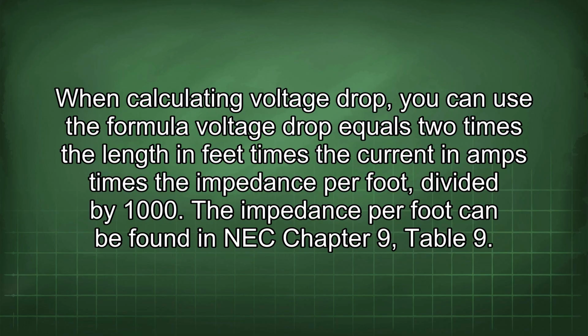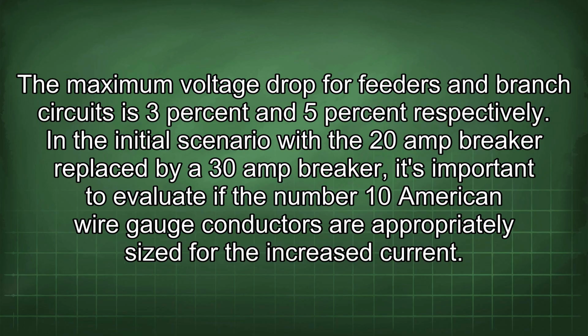When calculating voltage drop, you can use the formula: voltage drop equals 2 times the length in feet times the current in amps times the impedance per foot divided by 1000. The impedance per foot can be found in NEC Chapter 9, Table 9. The maximum voltage drop for feeders and branch circuits is 3% and 5% respectively. In the initial scenario, with the 20 amp breaker replaced by a 30 amp breaker, it's important to evaluate if